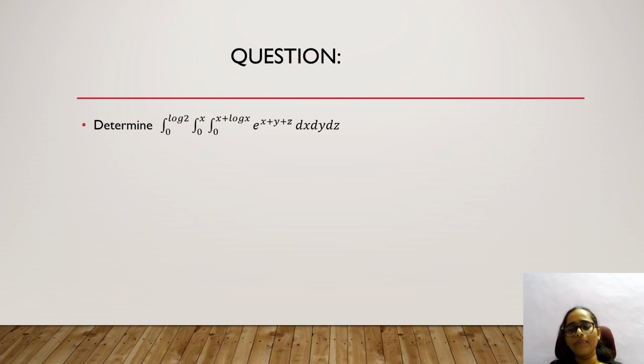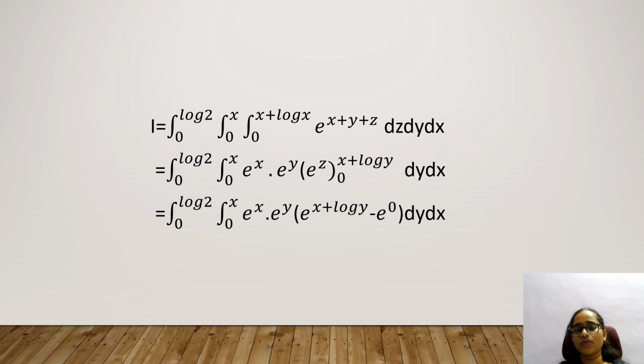And there is an example question of triple integrals, where the integral is 0 to log 2, 0 to x and 0 to x plus log y, of e to the power x plus y plus z, dz dy dx. Here first we have to integrate with respect to z, keeping x and y as constant, where the integral of e to the power z, from 0 to x plus log y, then dy dx, and in the next step